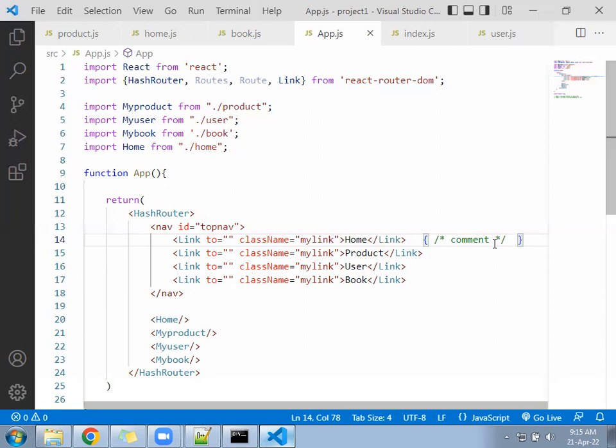Okay, then let's go next. After that, we have a total of four components: home, product, user, and books. Home, product, user, and books. Now when you click on book, when you click on user, when you click on product, when you click on home,